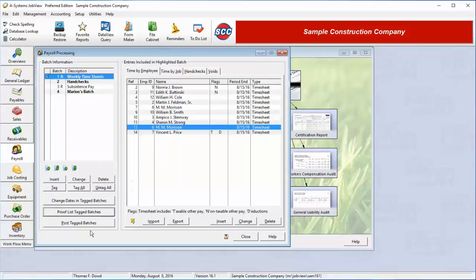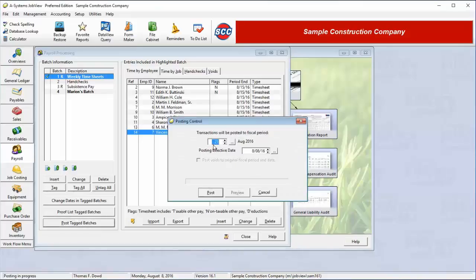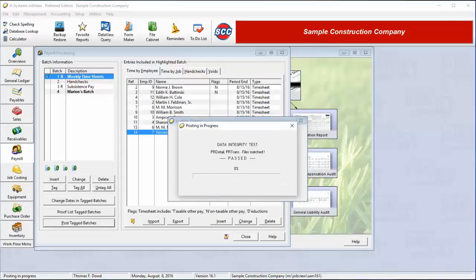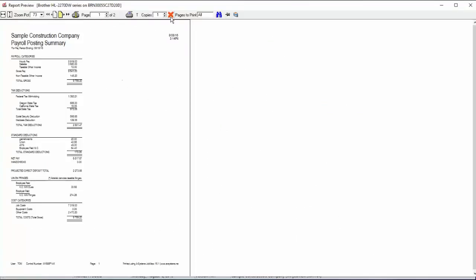The third button is the Post Tagged Batches button. If we click on this button, the system will ask for a fiscal period. The default will be the current fiscal period, but we can change that to any fiscal period we choose. We now click on Proceed with Posting, and the system will post our timesheets. As it posts the timesheets, the system will print a number of different reports. These reports include a summary of totals for the entire posting,